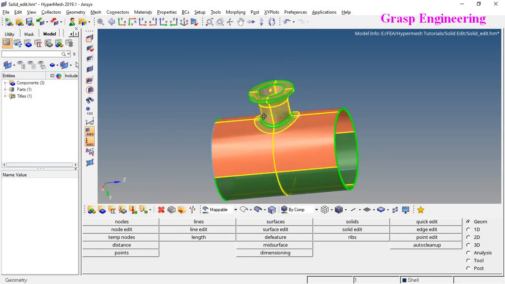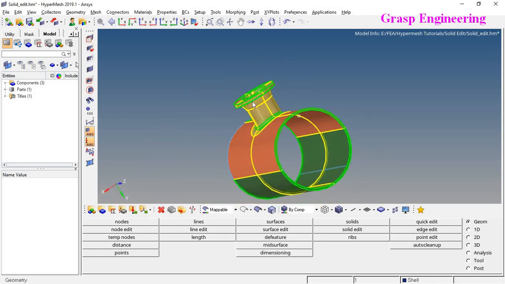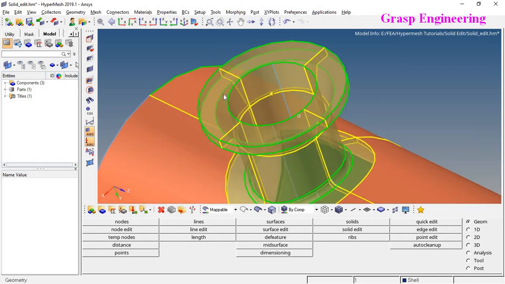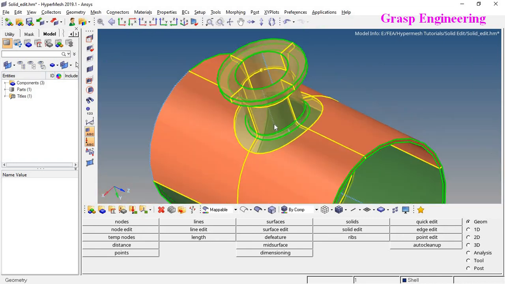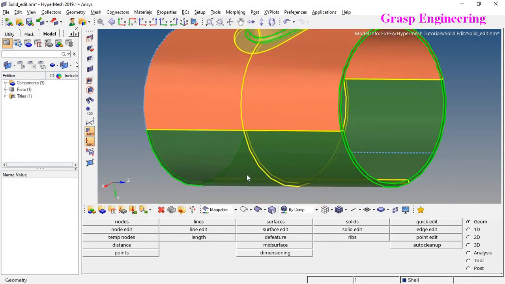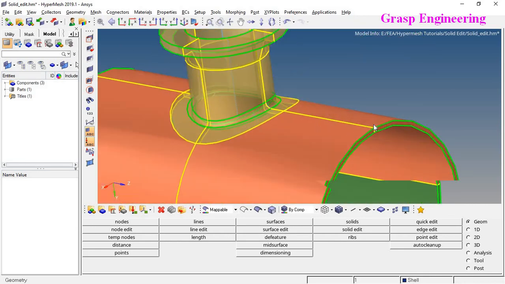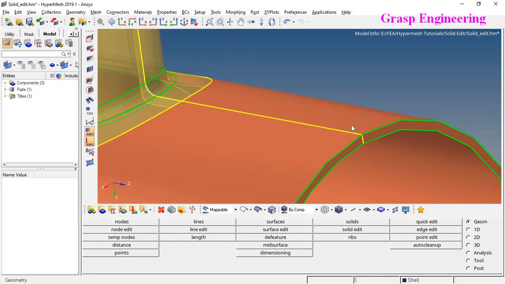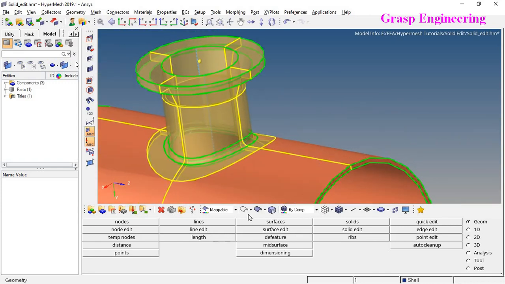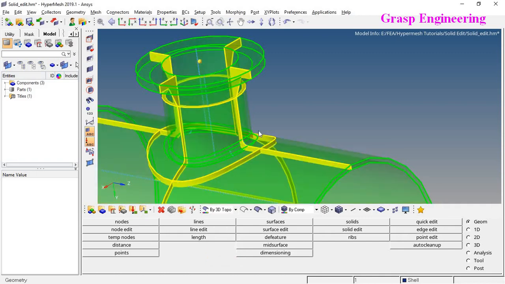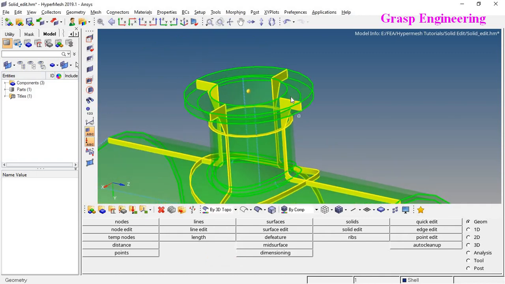When you click on mappable, you will find the sweepable geometries. The whole hex nozzle is sweepable as well as the bottom parts, and this can also be captured with the help of solid mesh options. So let's go to 3D topology and start the meshing option.